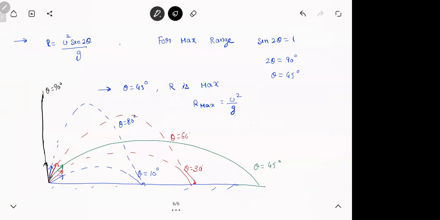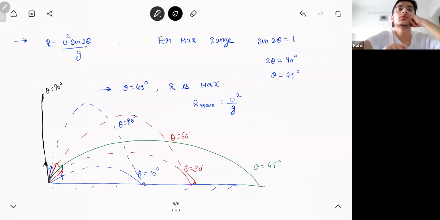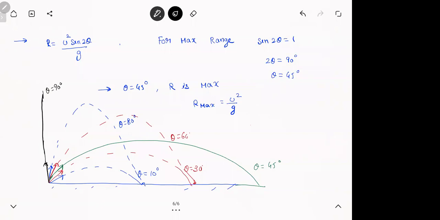You're getting how the particles are flying? So if you throw particles with the same speed at different angles, you get different ranges. And you'll observe for two angles, you get the same range. Those are the complementary angles. So 80 and 10 are complementary angles, 60 and 30 are complementary angles, 45 is unique. Any particular doubt on this, please ask me. You must have observed this when you're throwing stones, right? We try to throw at 45 degrees. This is under the assumption there is no air resistance.